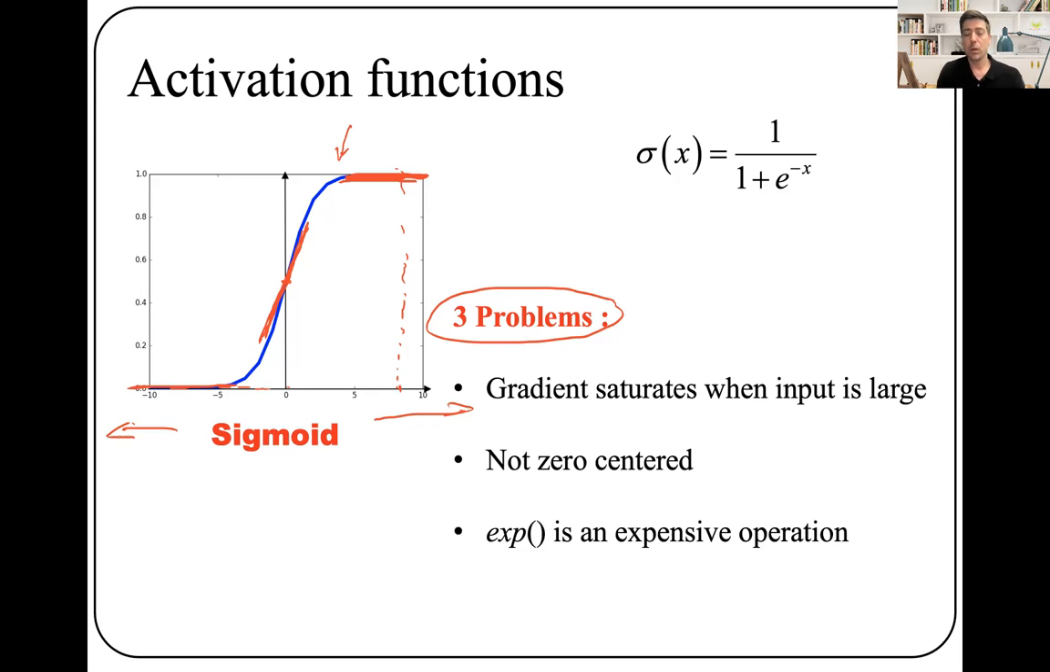And this is very problematic because it means that if the input of the function is either very big or very small, the gradient will be close to 0. In a very shallow network, that's not such a big issue. But what happens in deep learning,